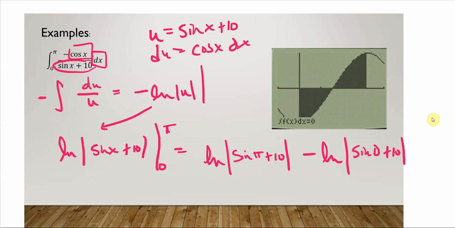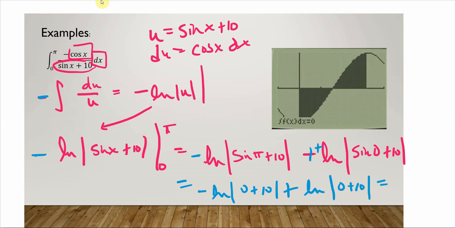plus 10. Oops. And don't forget, I'm forgetting this negative out there. Put that negative there, put that negative there, and put that negative there. So I know that these two, the minus the negative becomes a plus here. So that's going to give me the ln, and the sine of pi is going to be 0 plus 10. Don't forget that negative here in the front. Plus the ln of the sine of 0 is 0 plus 10. And that's going to give me negative ln of 10 plus the ln of 10, which gives me 0,